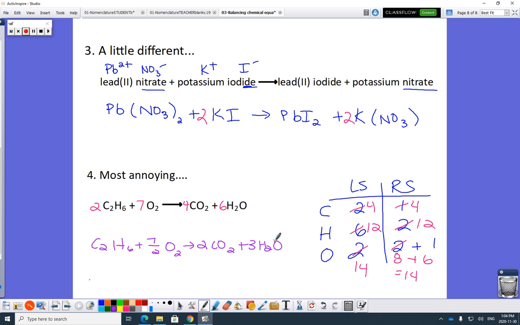4 carbons, 4 carbons. 12 hydrogens, 12 hydrogens. 14 oxygens. 4 times 2 is 8 plus 6 is 14. If you don't like mental math, then don't use a calculator. I will never stand up here and be like, ugh, why aren't they using mental math? No. Don't make annoying, simple mistakes, okay? You'll get frustrated with yourself, ruin your confidence, screwing yourself up, okay? So now you have a choice. So you can continue